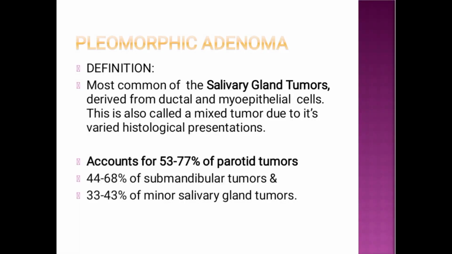Acha. So now pleomorphic adenoma, which is basically a benign tumor, very important. We have it here. Okay, so let's start it. Bismillahirrahmanirrahim. Pleomorphic adenoma, basically it is benign. Yes, it is a benign tumor of salivary gland, which is the most common salivary gland tumor, derived from the cells